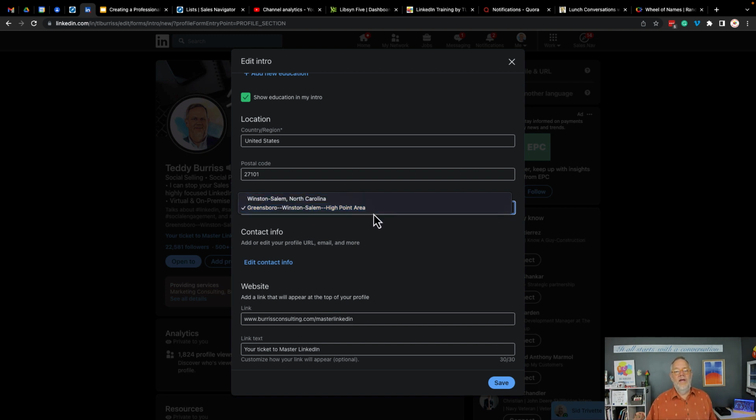If you have a region or an area, choose that. And if the zip code you put in here doesn't give you a region, and you do work in a region that's near that zip code, I recommend you put the zip code to the bigger city so you can choose the region that is most relevant to what you do. Again, do not use a city by itself. I recommend you do a region. It gives you a better opportunity to show up in more search.